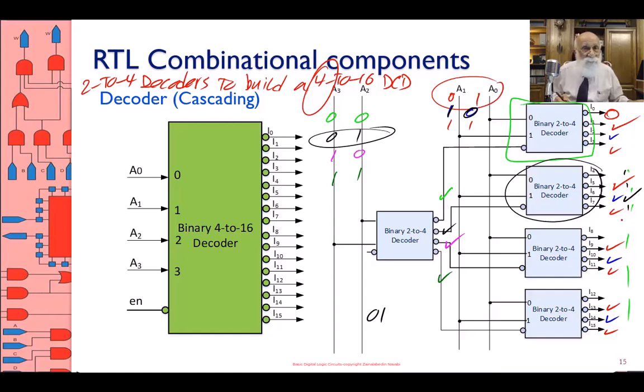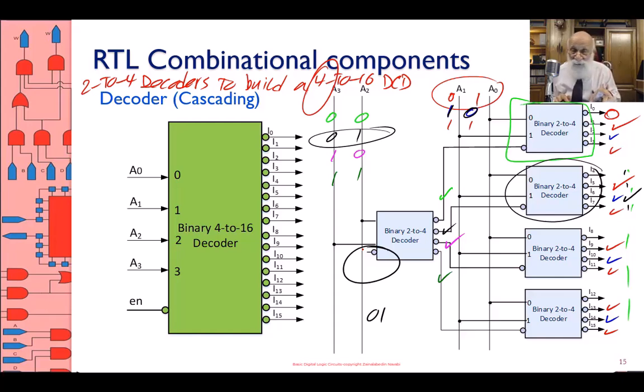And therefore, what I just built is a 4 to 16 decoder. Not only that, because I have an enable input, my 4 to 16 decoder has an enable input also. What did the enable input give me? The enable input gave me the opportunity to take these decoders and cascade them. And therefore, if you have a 6 to 64 decoder,